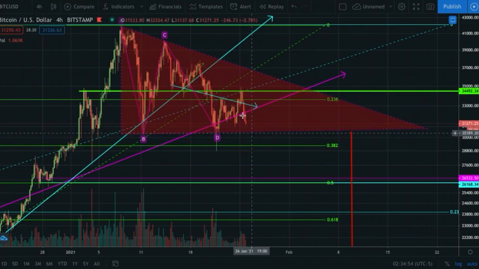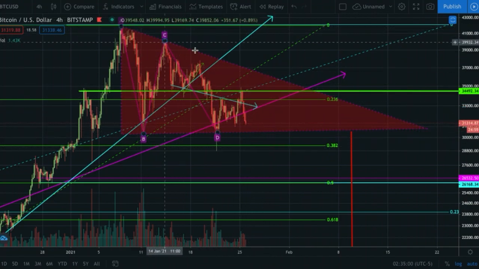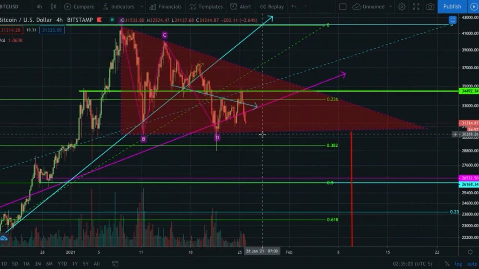But we are at the bottom of the range right now, getting ready to basically purchase some more spot, close out our short position, and essentially take those profits, purchase spot, and then look for another bounce to the upside.